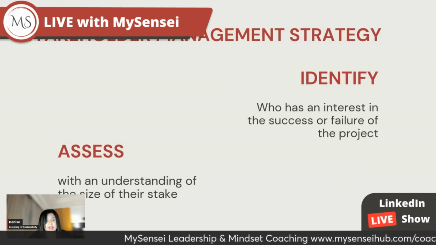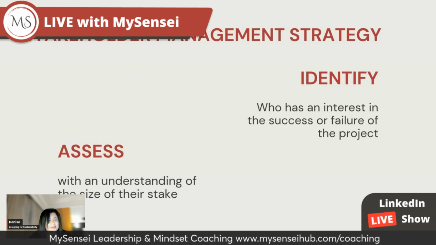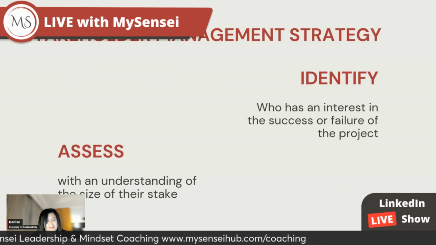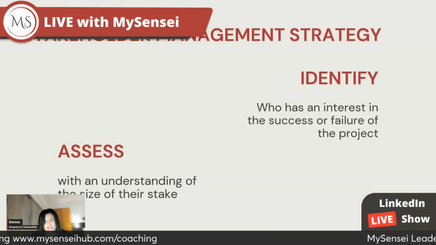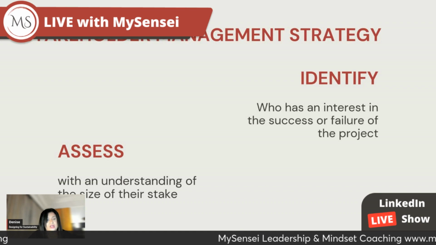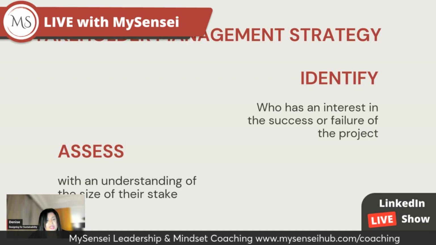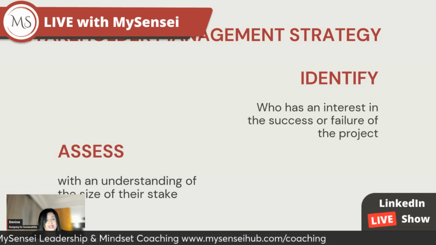And this isn't helpful because my headings are actually hidden by my overlay, but I'm going to try and guess at what that is. I think it's stakeholder management strategy. So, the very first thing in projects is to make sure that you understand who the stakeholders are. So, there's two things to actually do. One is identifying, and the second is actually in assessing.